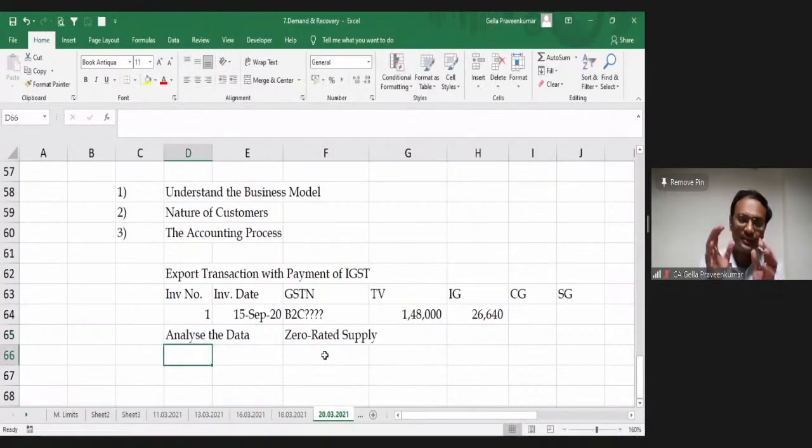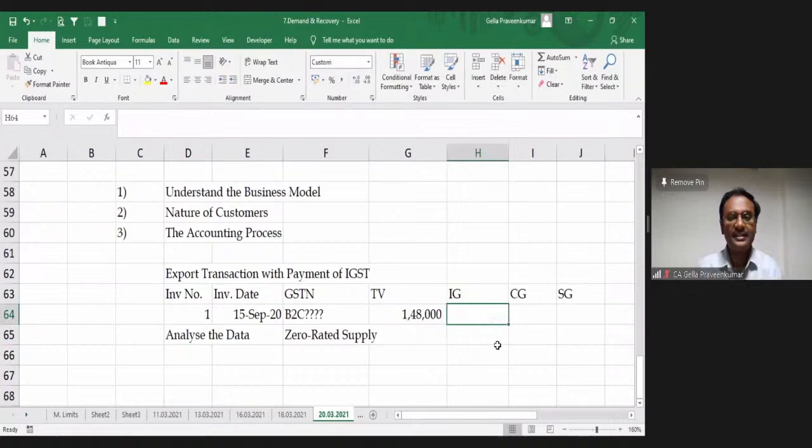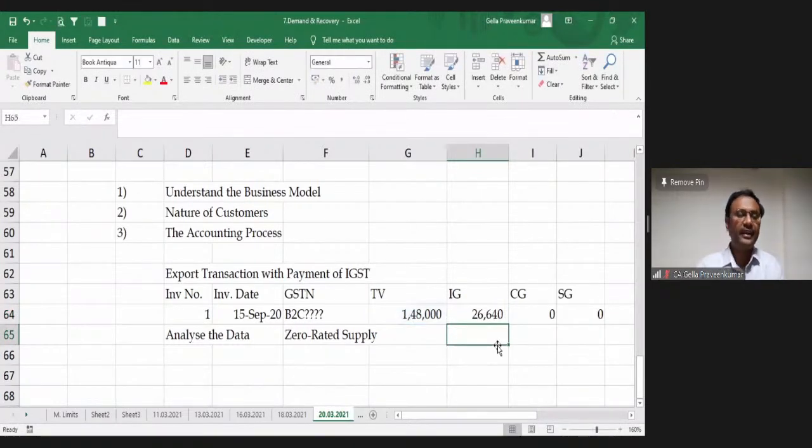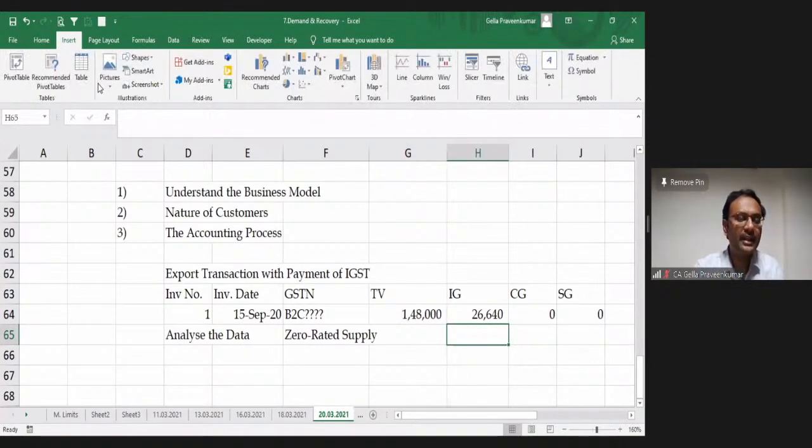Now, the moment there is no GST number, how do we know it's a B2C transaction? How do I know it is a zero rated supply? I know that there is IGST. If IGST is not there, assuming my tax is zero, then I'll question, because your tax is zero, it could be an export, since my software doesn't allow raising an invoice without taxation. Now, assuming this is a scenario of exports with payment of IGST, the moment I file my return, I'm entitled to get a refund for this transaction under Rule 96.